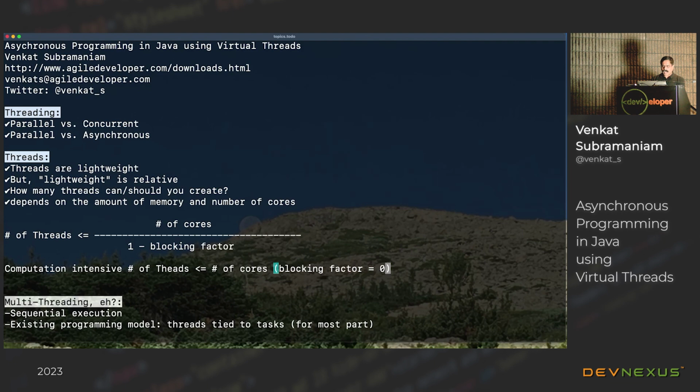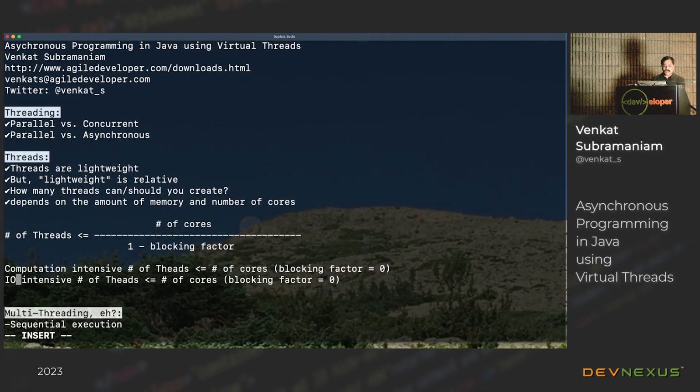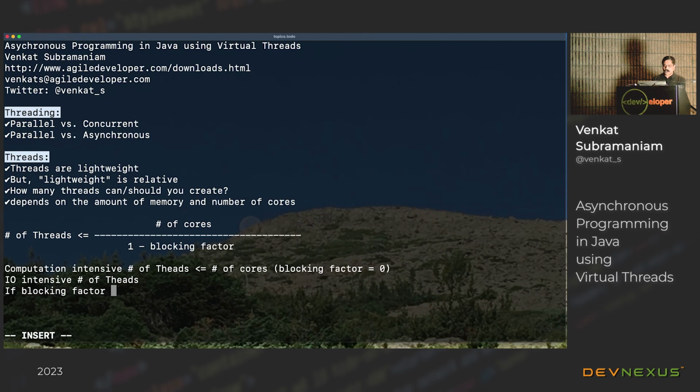On the other hand, if you have an I/O intensive operation, let's ask the question in this case, how many threads can you really have? So if the blocking factor, let's say in this case, is 0.5, meaning it is blocking half the amount of time, then the number of threads you can have is equal to 2 times the number of cores, if you will.